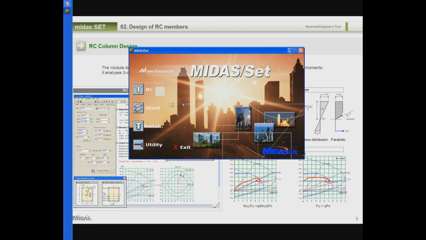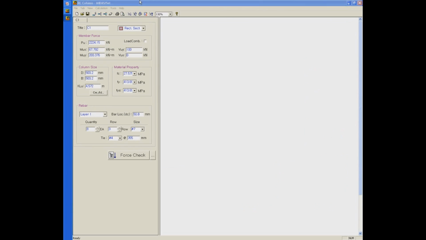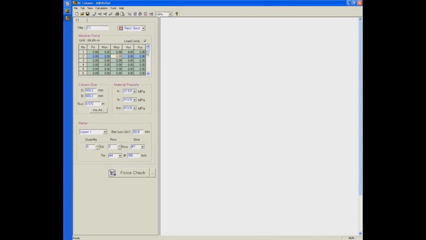Let's start with RC beam, RC column. This is the frame, which looks very simple and easy. We can do the design for a rectangular shape or circular shape. For entering the member force, we can enter the value here,